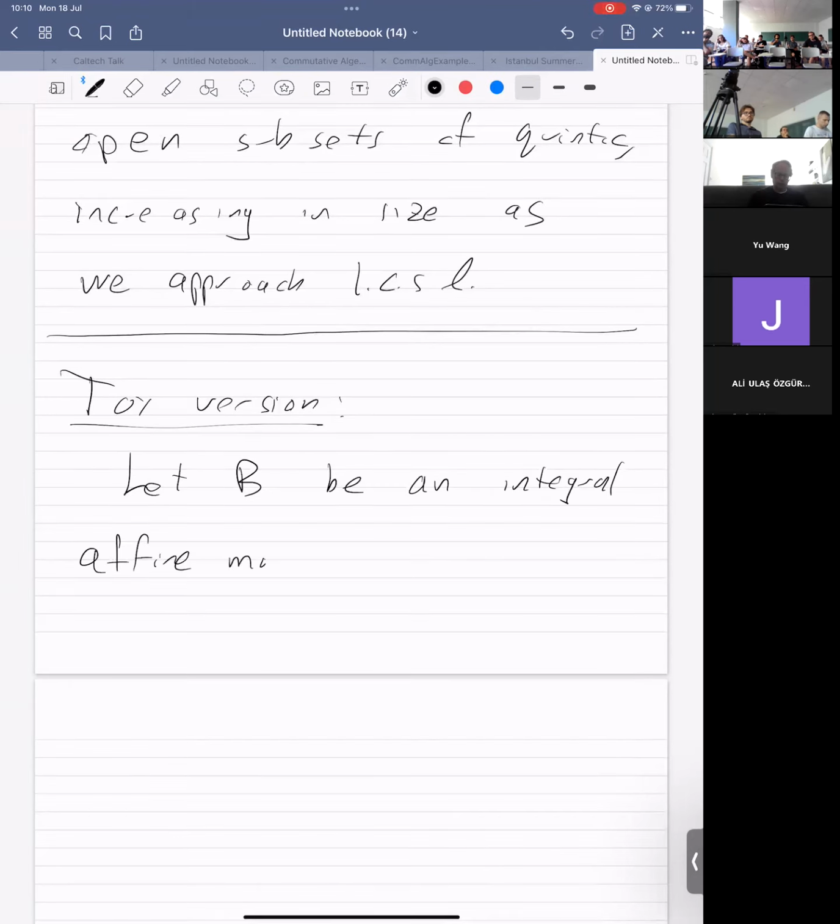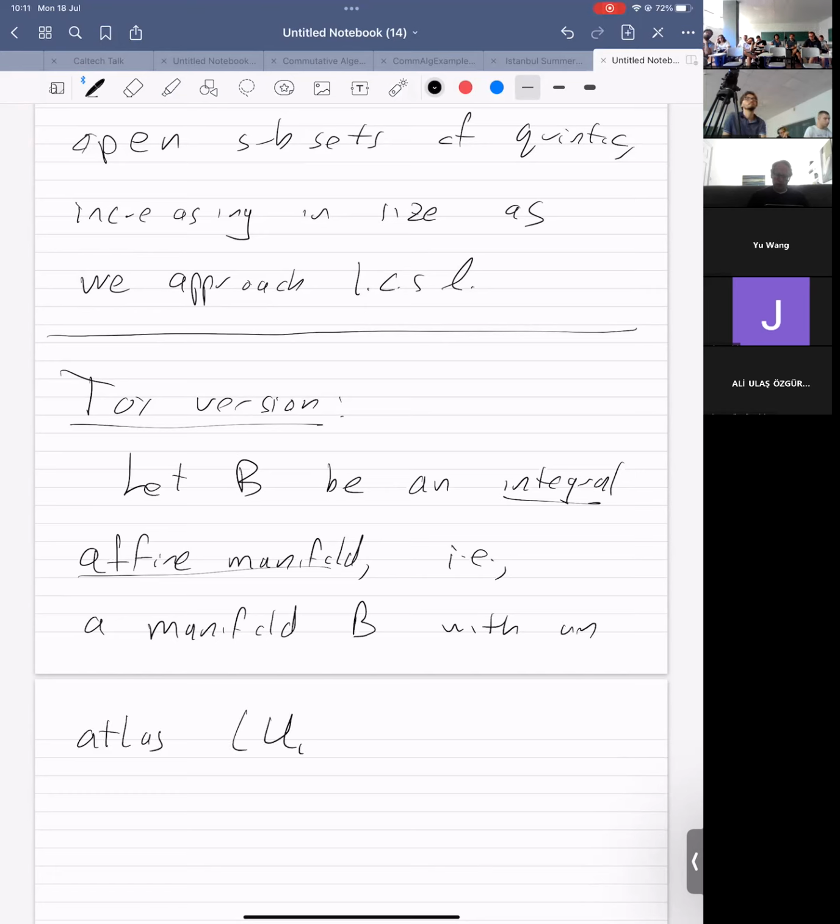Now, what is this? So this is a manifold B with an atlas, say, a bunch of open sets U_i of B and charts psi_i to R^n,